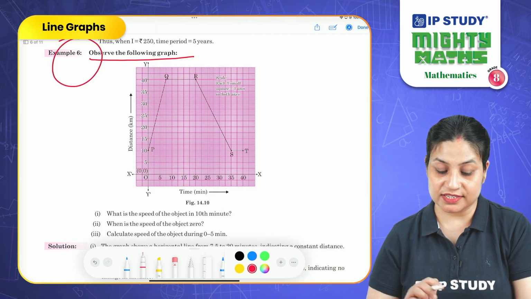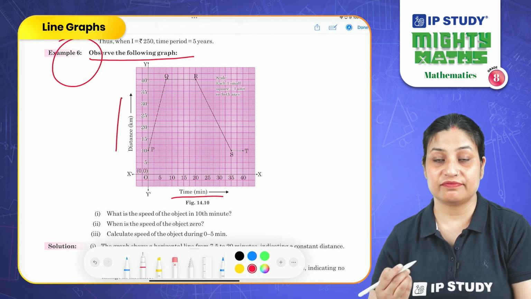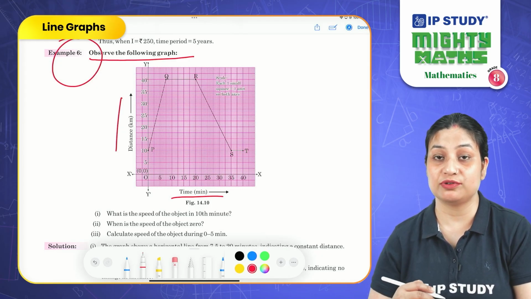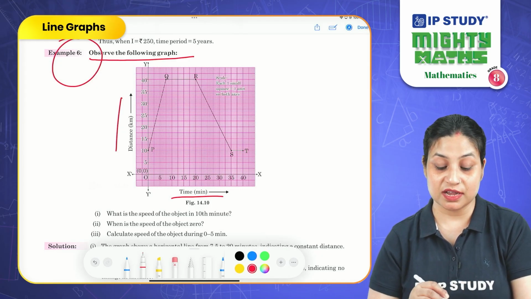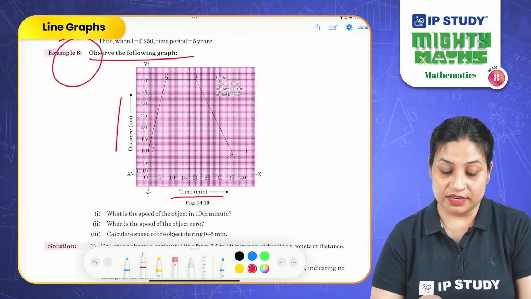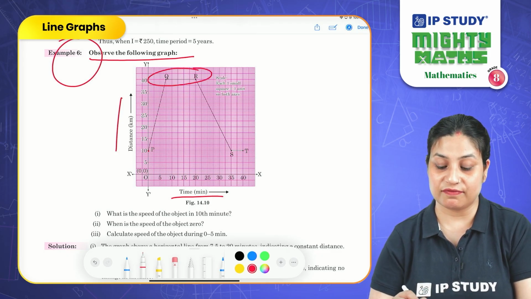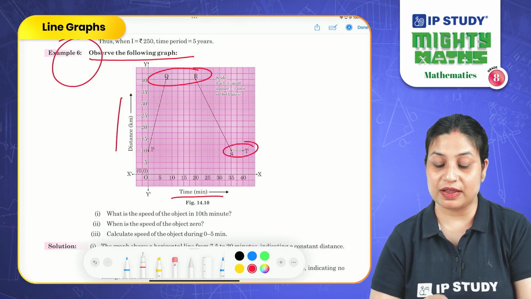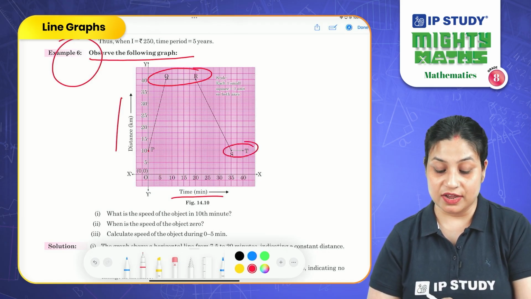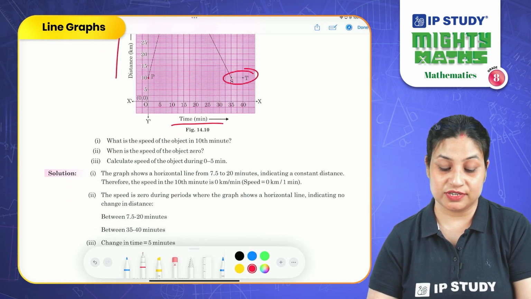So if you look at this graph, you can see that it is time and distance, right? So we are considering a vehicle and we are finding its distance and time, and we are trying to find out the relation between these two variables. So we can see from the graph itself, initially the distance is increasing with the time, and then it is becoming constant for this particular period of time, then it is falling, right? Then again, after a certain period of time, it again becomes constant, right? So on the analysis of this graph, let's answer some questions over here.